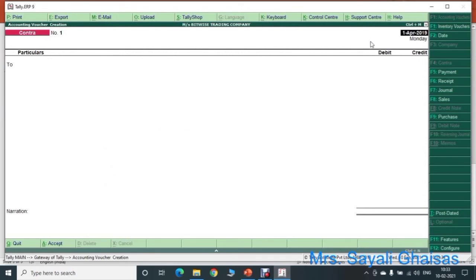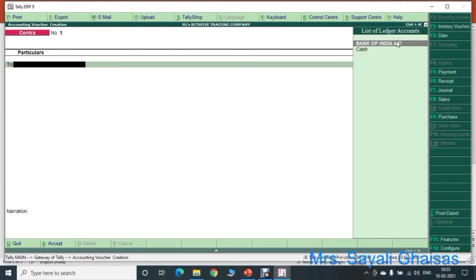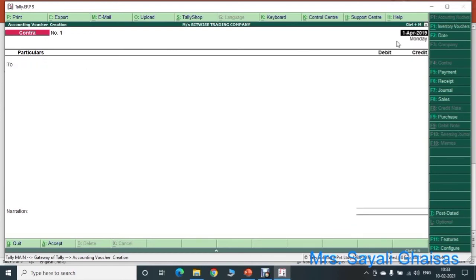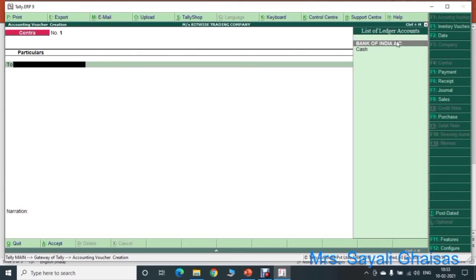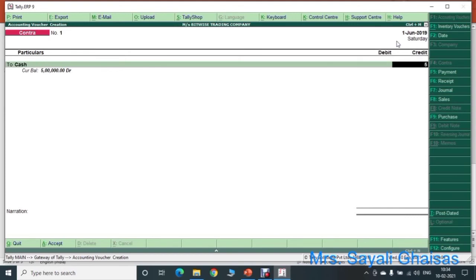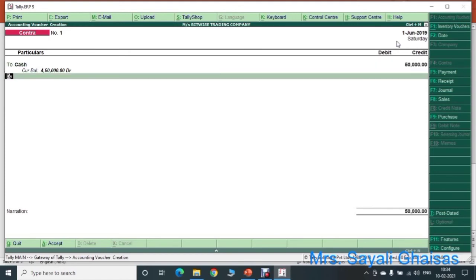Date is 1st June. So add here 1st June. Then to cash and the amount is 50,000 by Bank of India.